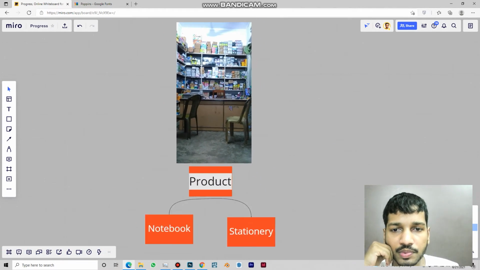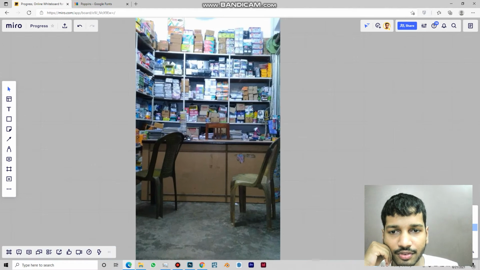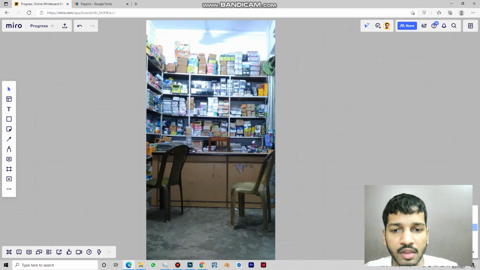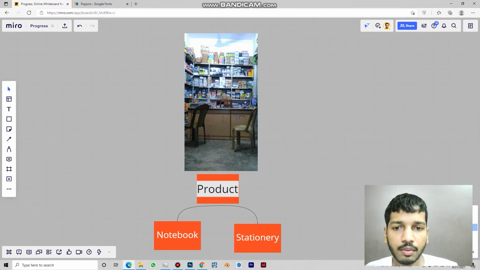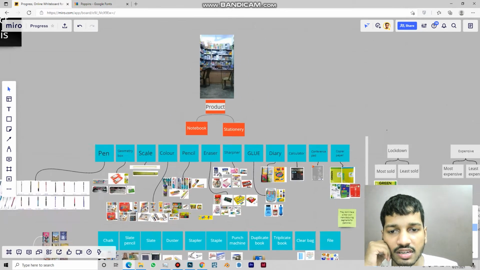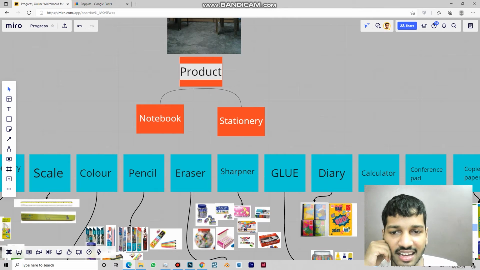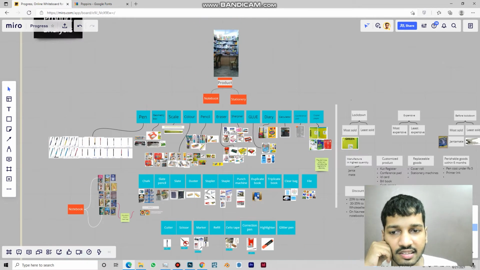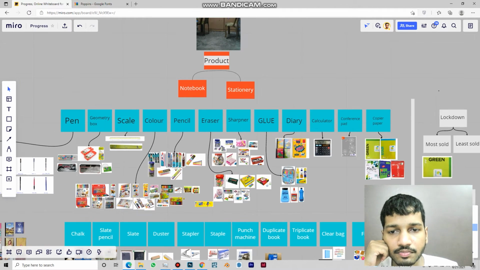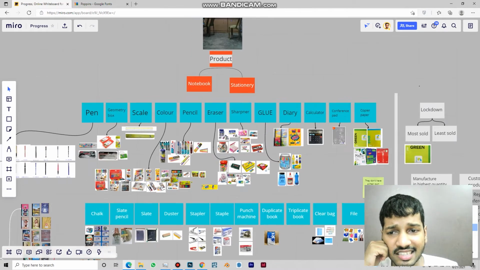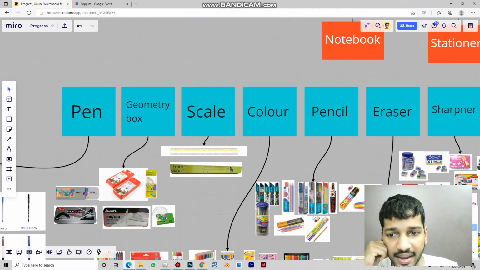So this is the shop I observed from this area. What do they have? This is the office as well, and this is the display area as well, where they have the samples of almost all the goods. Again, I have categorized into notebook and stationery as they keep them separate. All the stationery is a broader category, like pen, and